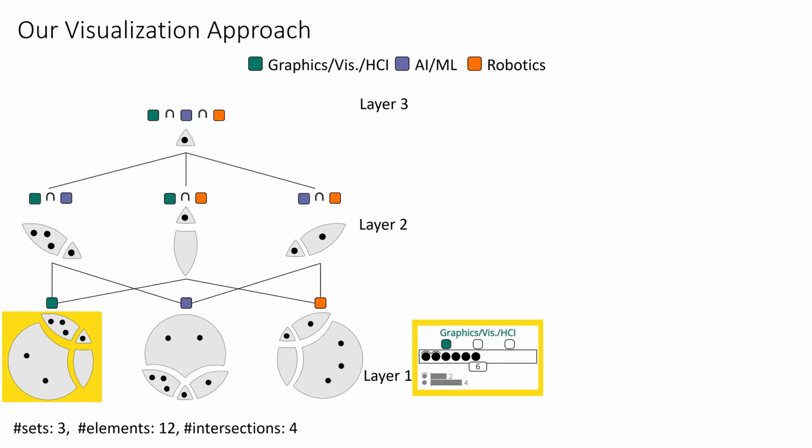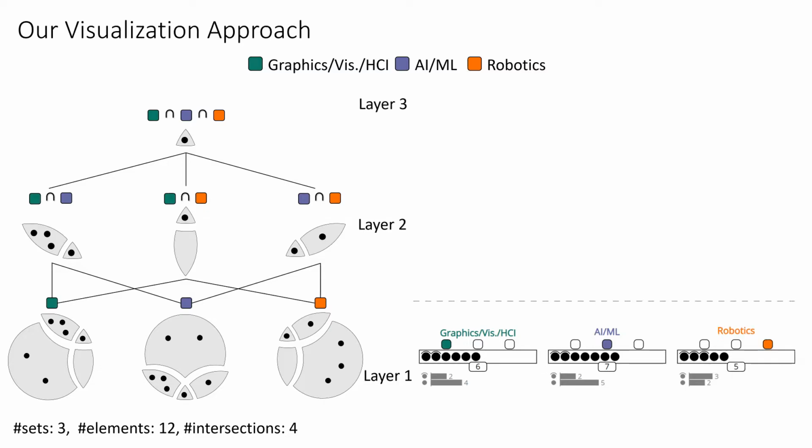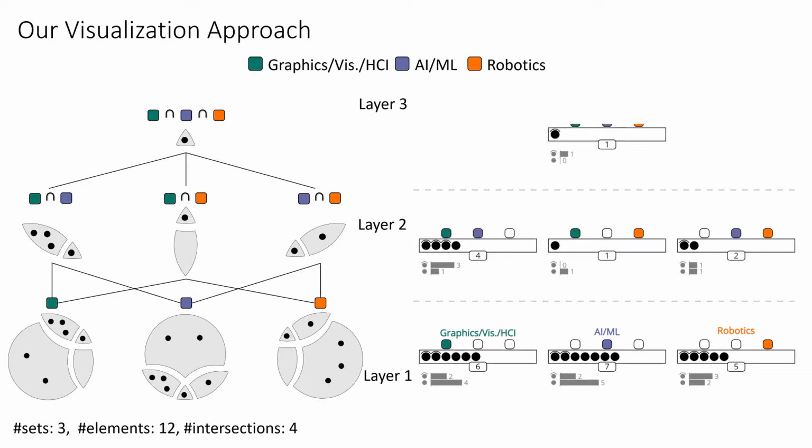The 2 horizontal bars below the rectangle encode the quantity of the 2 types of the elements in the set, with and without hat markers. We continue visualizing other nodes of the graphs in a similar way. Finally, we get our visualization of the layered set intersection graph.